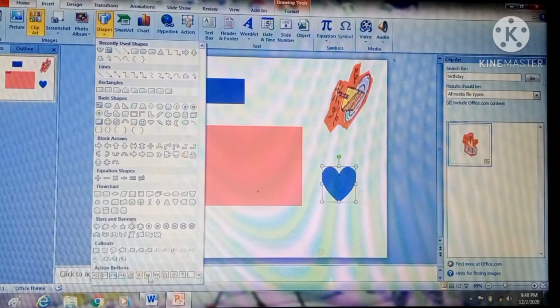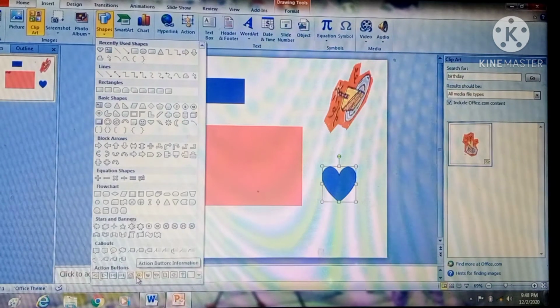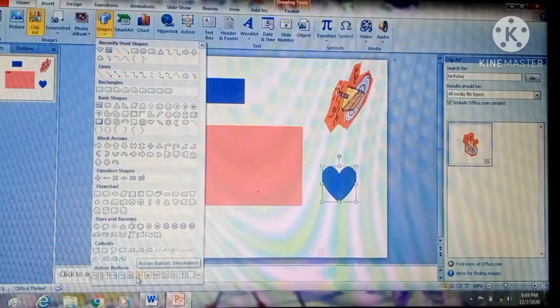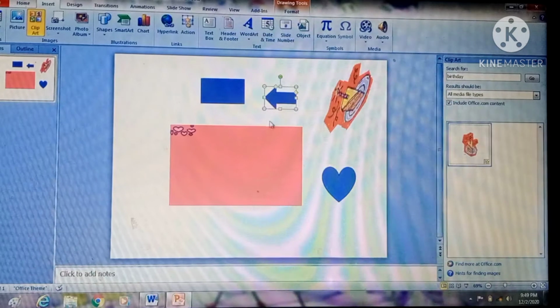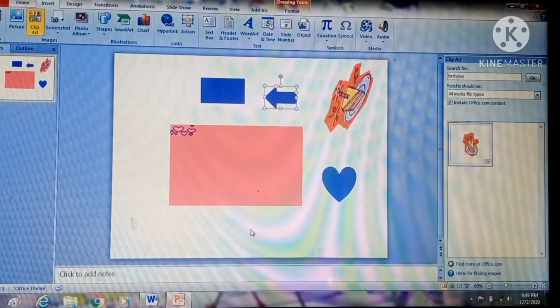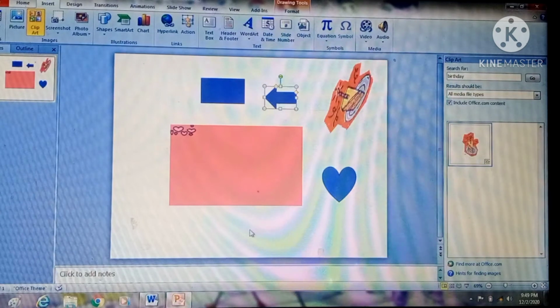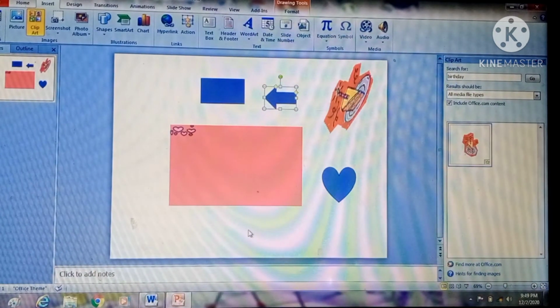Action buttons are also there, you can apply these action buttons on your slides to move to the previous and next slides, or move to the first slide. This arrow key, this. So by doing this, you can insert as many objects, as many shapes in your presentation.